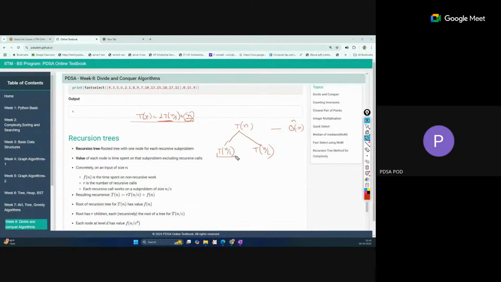And now this is the subproblem. Here the input is n/2, so additionally it will take n/2 steps. Similarly, here the input is n/2, and it will additionally take n/2 steps. So at this level, n/2 plus n/2 also becomes n steps. Now again,